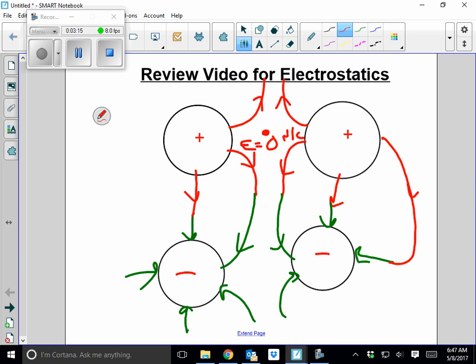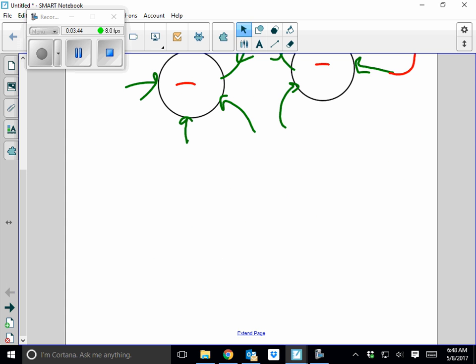Now remember, the electric field is a measure of how strong the field is as a result of the charge that's there. So it's E equals F electrostatic force divided by charge, and that's right on your reference table. So if they ask what's the electric field at this point, or you have this charge and here's your electric field, what's the force that the charge feels, then you can use that equation to figure it out, which also brings us to the electrostatic force equation,